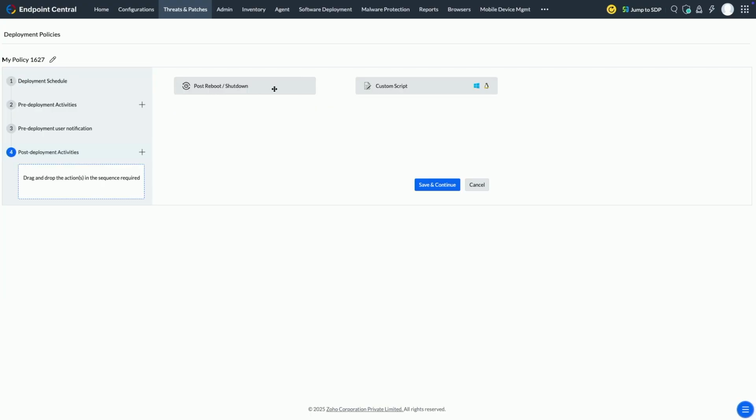So not just that, you can also have, after your deployment is done, what should you do? You want to go for a reboot or shutdown, or you want to execute some scripts? You can completely customize it. Now talking about automatic restart, you want to exclude your servers from getting automatically restarted? Yes, you can exclude your servers as well. If there are business sensitive servers, with ManageEngine, we offer self-service portal even for patch management. There could be a lot of vendors who do patching for workstations. We take care of patching servers, drivers, applications.